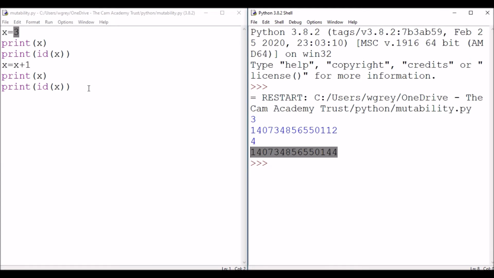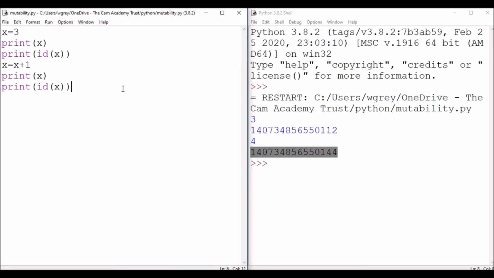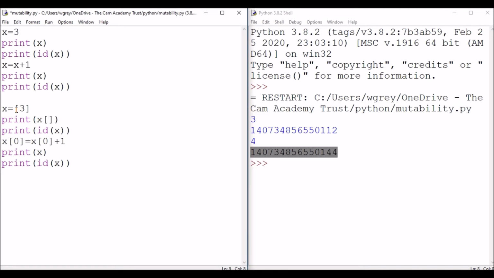What I'm going to do now is show how this differs with a list, which is a mutable object. So let me copy all that code there, and let's do more or less the analogous situation but with lists. So we're going to set up a list here. We're going to do x equals 3 there, and then x0 equals x0 plus 1, and then we're going to print out x0, the id of x, and then print out x0. So if we now save this and run the program through,